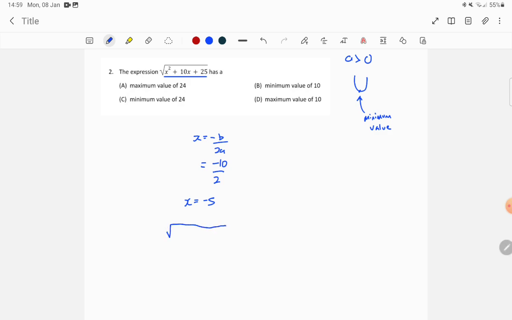Now we'll take into account the square root. And after putting that in, we should get root of 100, which is 10. That tells us that our answer is option